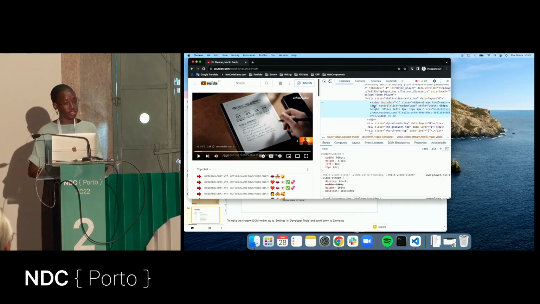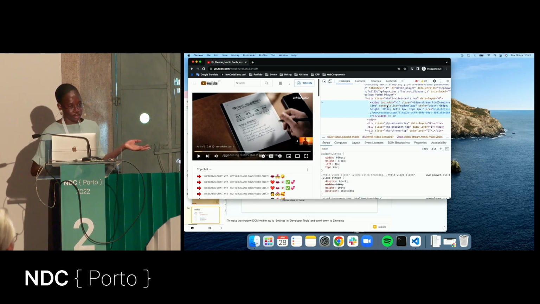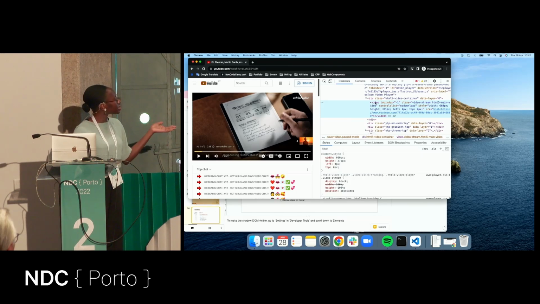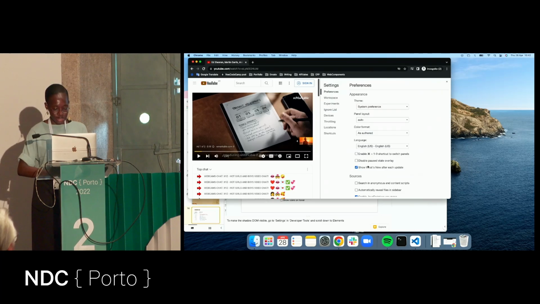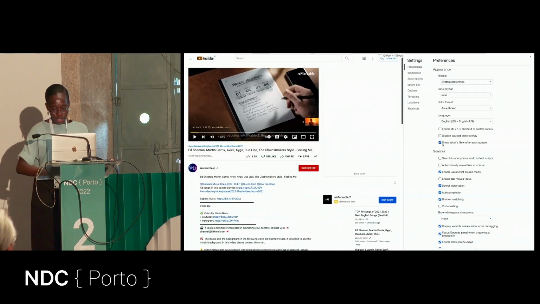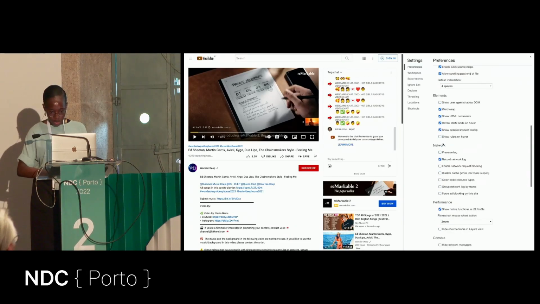All right. So yes, we have the video element here. So this is what a regular video element looks like in HTML. It's just a tag and there's nothing in it. But then when we go to our settings, and I'm sorry, let me zoom in so it's clear. When we go to our settings and then we enable the shadow DOM,